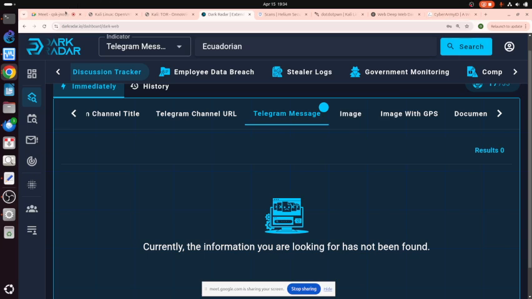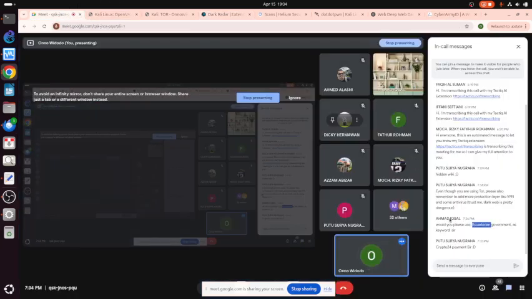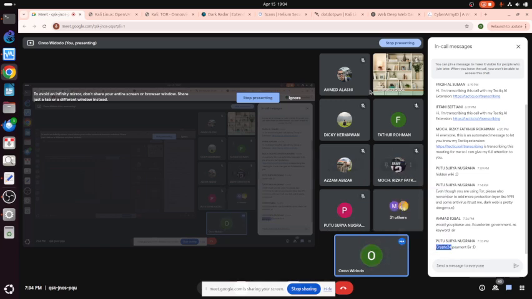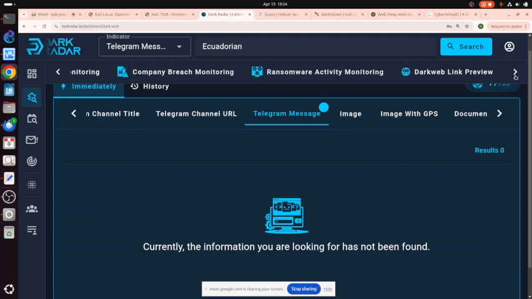Okay, let me see if there is anything else. Crypto 25 payment share. Okay, I use this one, Crypto 25. Would you like to put it in here, or data breach?